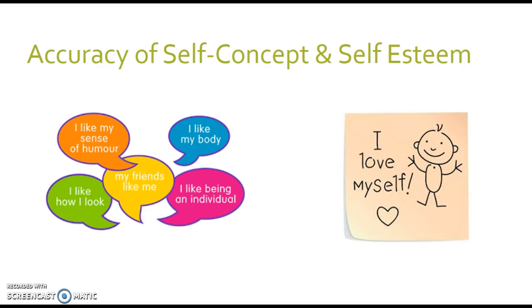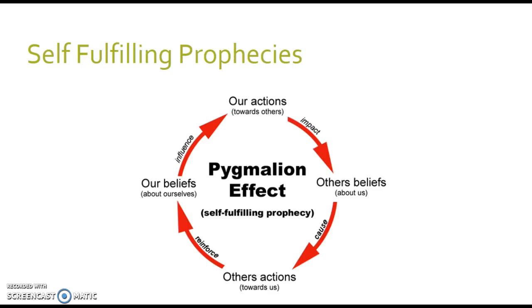The reality or accuracy of our self-concept and self-esteem depends on the accuracy of our perceptions and how we process others' perception of us. The inaccuracy or a distorted picture of ourselves becomes magnified through self-fulfilling prophecies and filtering messages. Self-fulfilling prophecies are events that happen as the result of being foretold, expected, or talked about, and that serve to reinforce an individual's self-concept. They can be self-created or otherwise imposed.